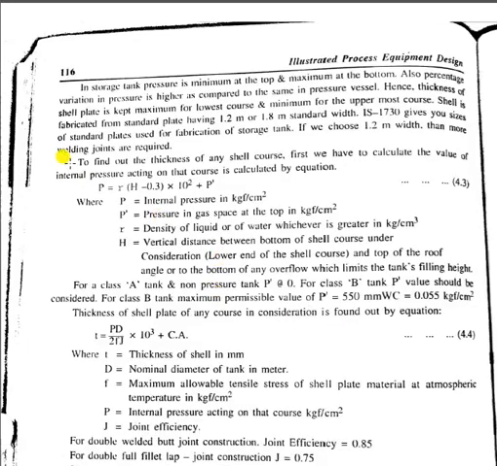Now, to find out the thickness of any shell course, first we have to calculate the value of internal pressure acting on that course, which is calculated by this equation. So P is equal to R into (H minus 0.3) into 10 to the power minus 2, plus P dash. P is the internal design pressure in kgf per centimeter square, and P dash is the pressure in the gas phase at the top in kgf per centimeter square. R is the